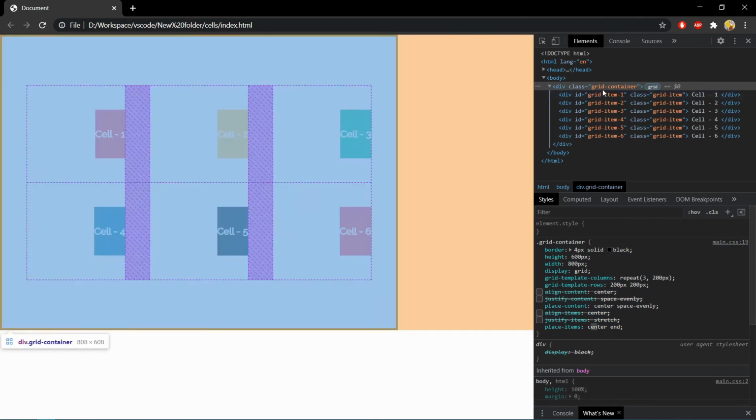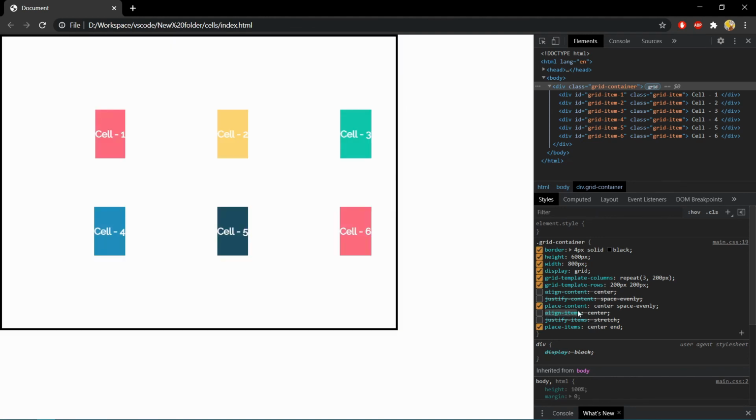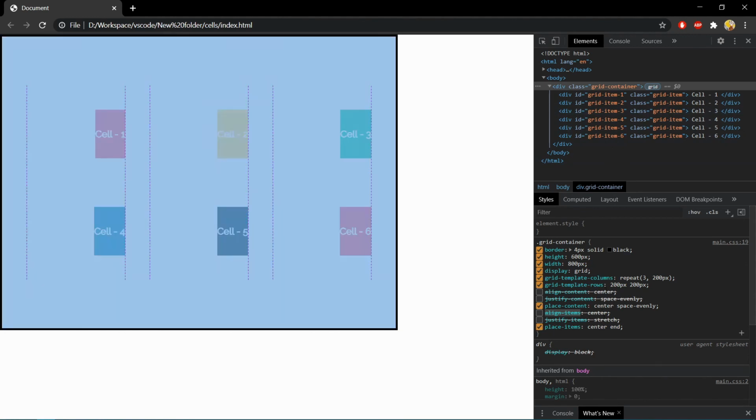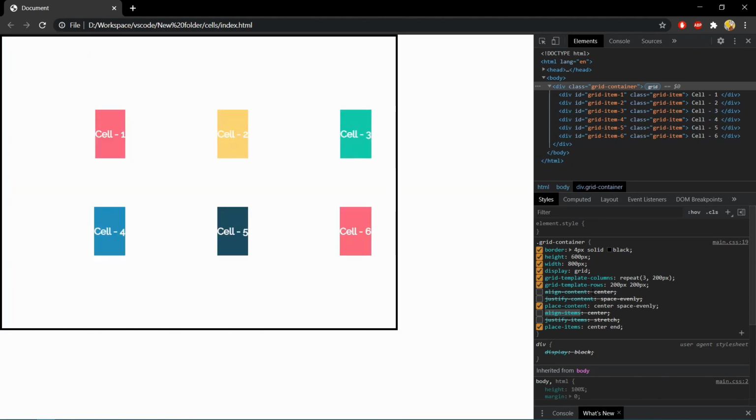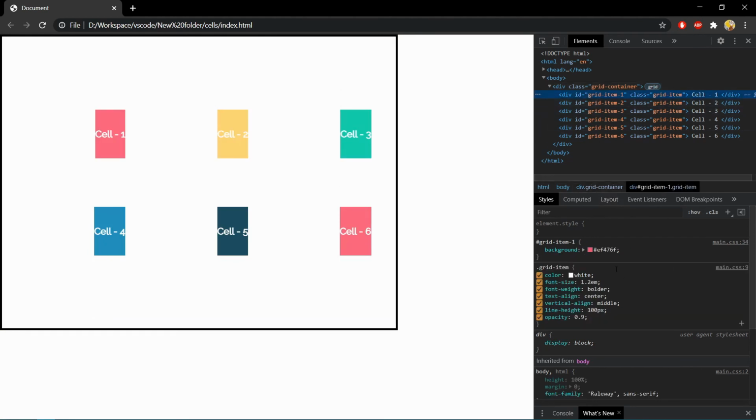Now if I hover over there, you can see the item is placed in the center of the cell, aligned to the end. What does the align items property do? It will see all the grid items and set the position of each and every item according to whatever properties we have provided. But sometimes if you need some particular behavior for an individual cell, then you can define that behavior using the align self property. So let's take the example of grid item 1.